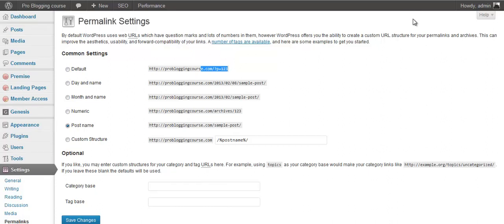This is what you want to do as soon as you get WordPress installed. So the next tutorials are going to be about installing themes and plugins. So go ahead and make sure you check that out and follow along, and pretty soon you'll have a blog set up and ready to start